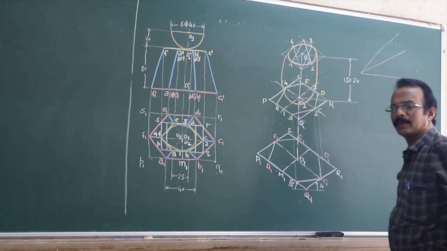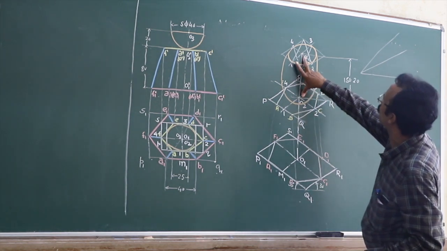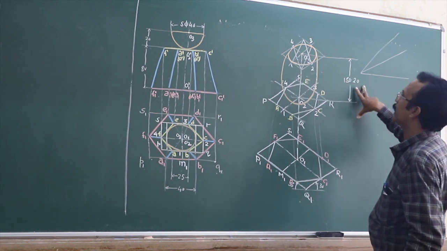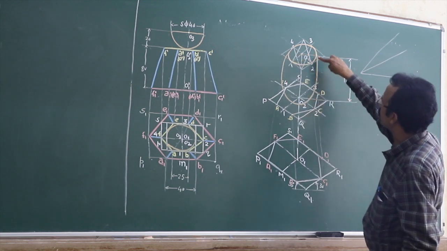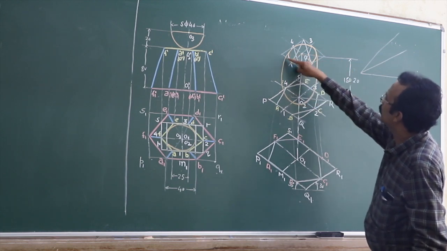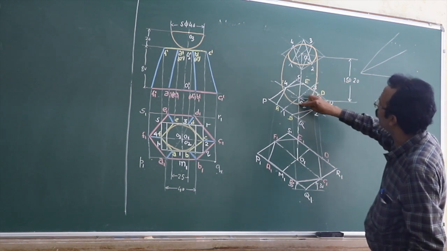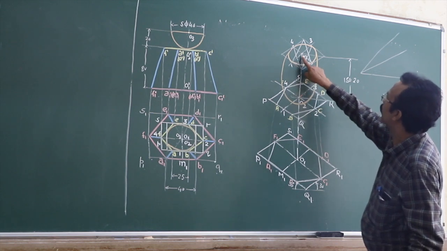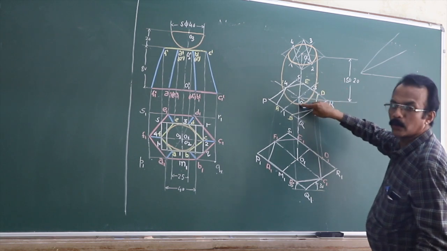Draw a semicircle. Now just concentrate here. What is this distance O2, O3? It is isometric 20, so it is less than 20. From O3, you have taken the actual radius, that is 20 mm. So you draw that. When you draw that, it should go beyond this O2 here, because O2, O3 is isometric 20, but from O3 I have taken a radius of 20 and drawn here, so it will be going beyond.